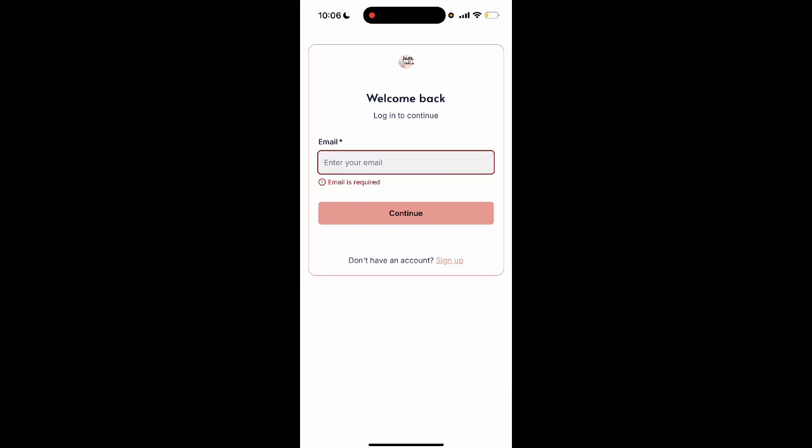But it is very important to know that this is what we call a PWA, or a progressive web app, meaning it needs the web or the internet to work. So if someone does not have the internet,